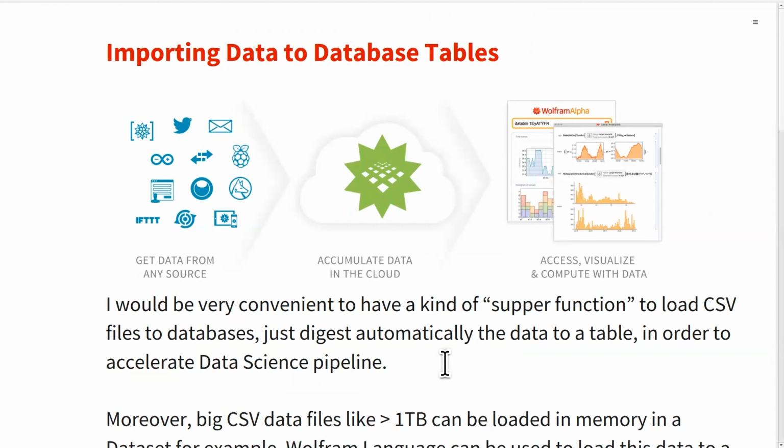So what I want to do here, I would like to have a super function that I get a CSV file and I can just load it in the database. Easy, easy. Get a CSV and put it in the database. I don't care. I don't want to know how many columns it has, what is the type of each column. I don't want all of the columns as strings because I want to do calculations, okay? So I want to get the CSV file and put it inside my database. Simple like that.